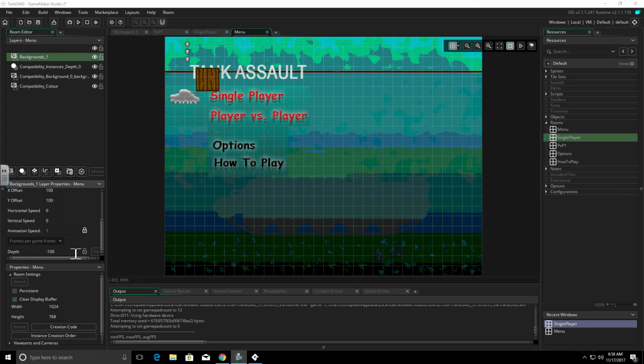So let's look at how this is going to work for just a second. Right now, by default, our depth is -100. We've already unlocked it, so we can actually type in here. And the way the depth works is kind of opposite from what you would think. If we go negative, that's actually going to pull it towards the player.